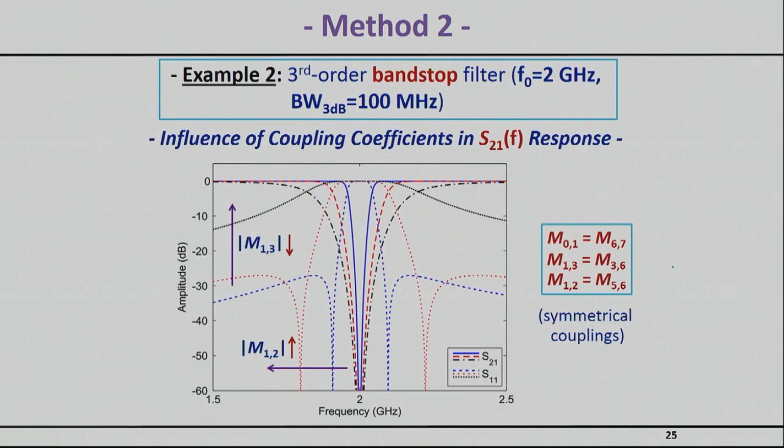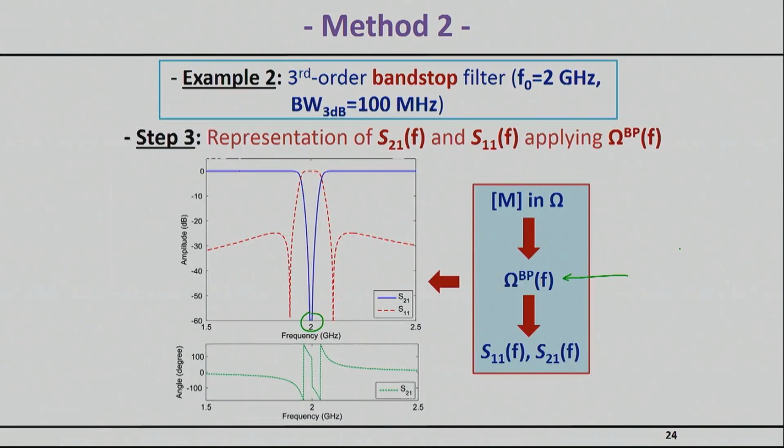This last slide, I wanted for you to just have a quick look. We're not going to go through sensitivity analysis in this class, but I do want you to realize that one of the great advantages of this coupling matrix approach is that you can separate the effects of different things. For example, in this example, I'm showing you what does a change in M12 and M13 do to the frequency response. M12, if you go back to the figure,